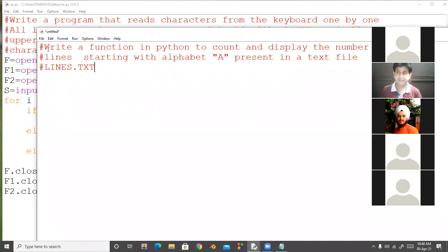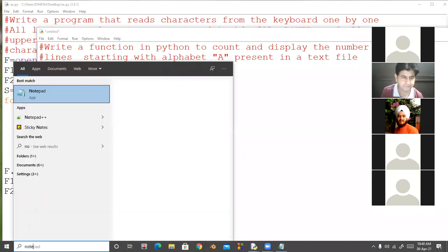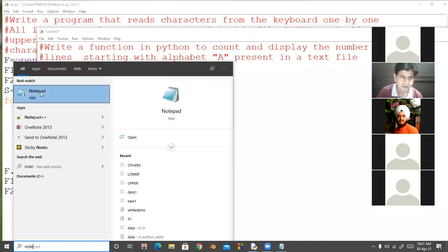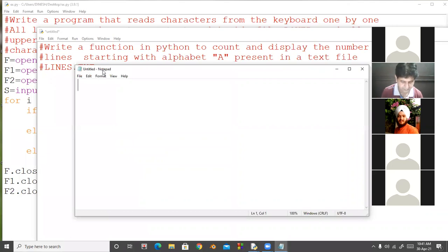Okay, students. Now I'm making one text file in Notepad, and here they have given what the contents of the file are. The contents of the file are: The boy is playing there.